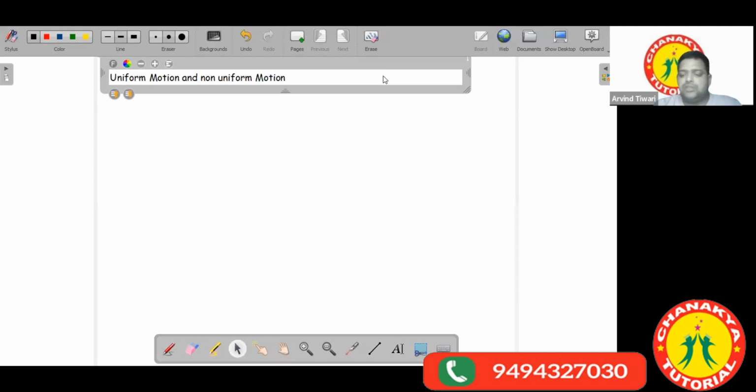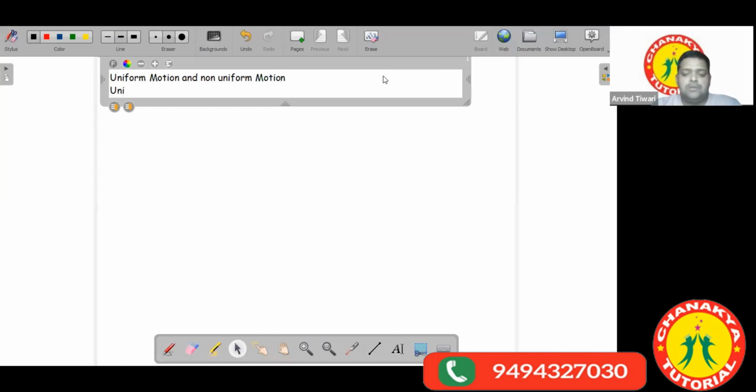The meaning is the same, that if the object moves with a constant speed, that will be the uniform motion. But the words are that if an object